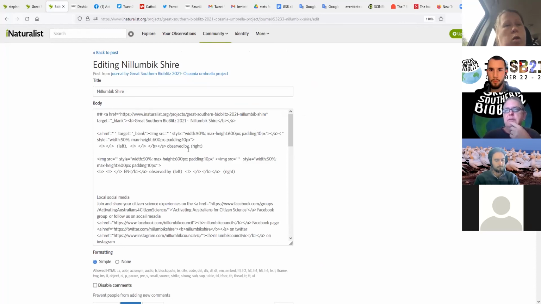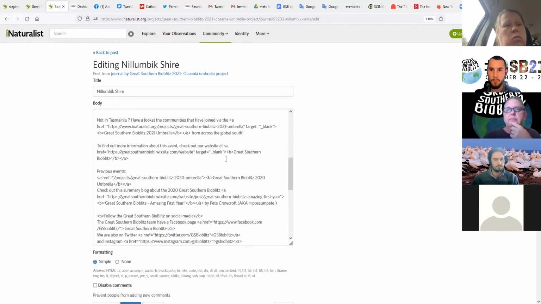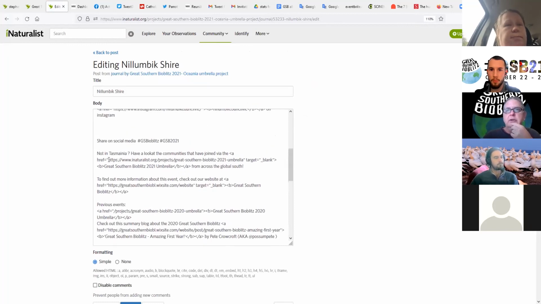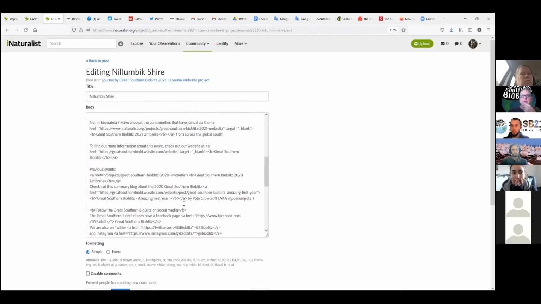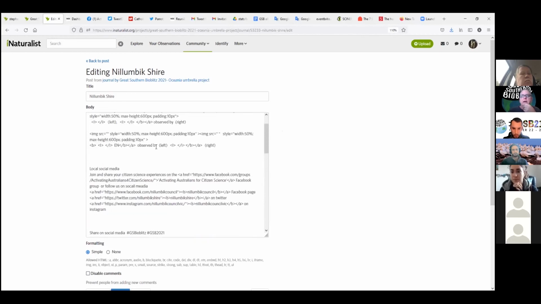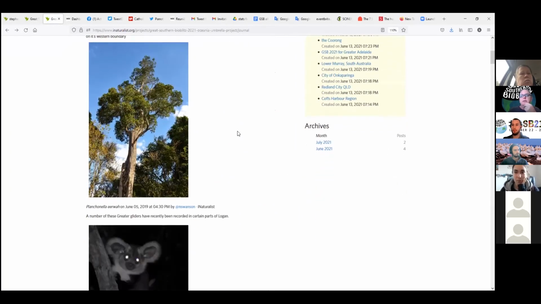There's a fair bit of stuff in here. It's all fairly standard. You can have all this code if you wish to, to set up your own journal posts. And you can include the social media stuff and links to our social media and our webpage to try and promote other people joining. In here goes the specific text for that particular council. So if you want to do that, I did put out a call for everyone to send some stuff in. Some people did, and I think one from Logan came in.